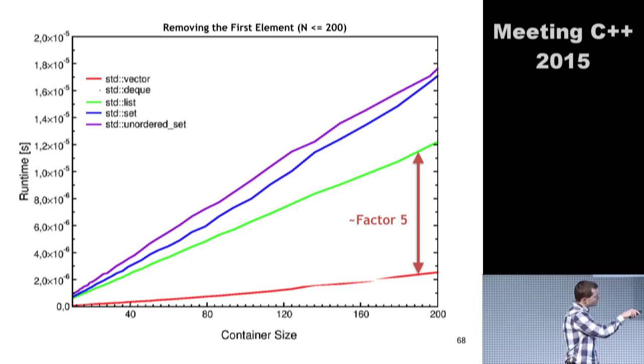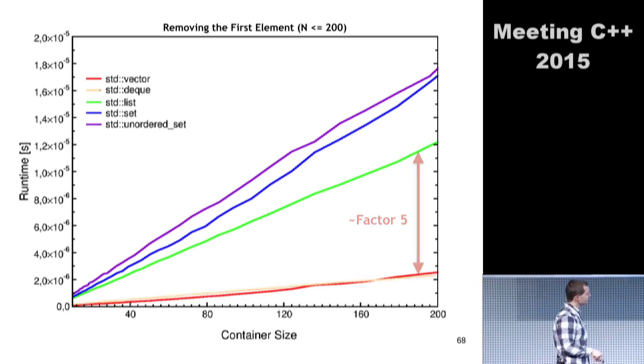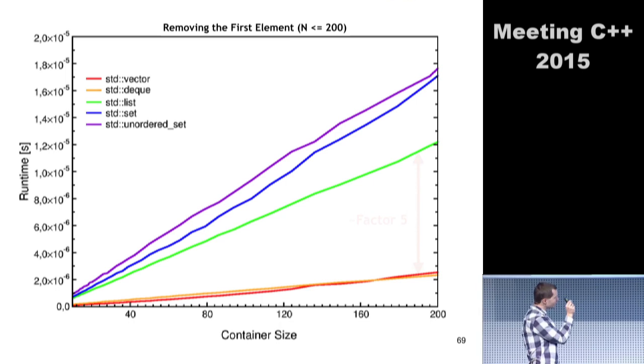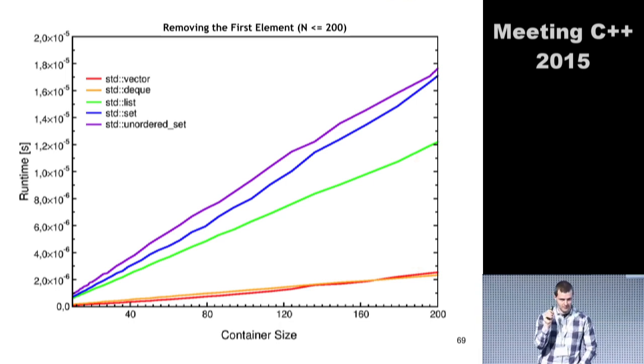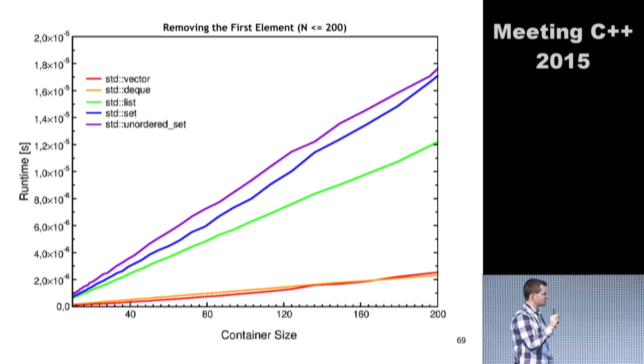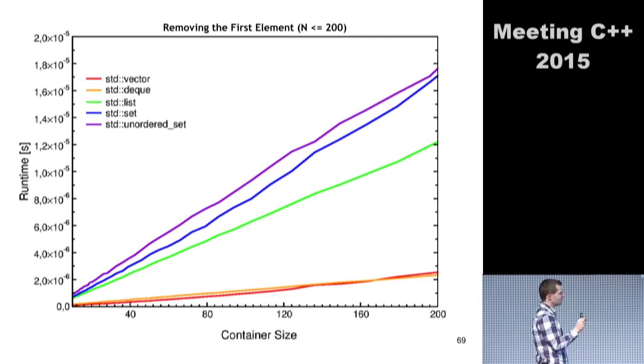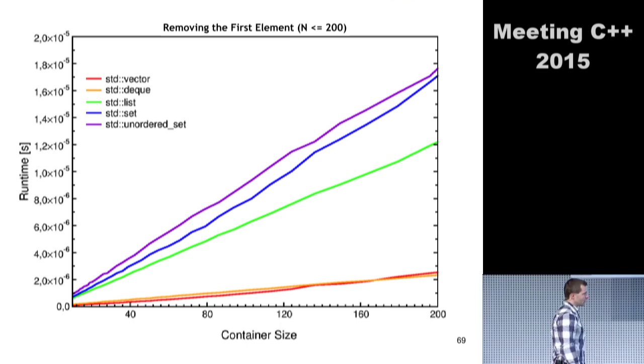Perhaps you see this here. It's even a little better at 200 elements. But 200 elements is just a very small number of elements. What happens if I go beyond that? Let's choose 5,000 elements.